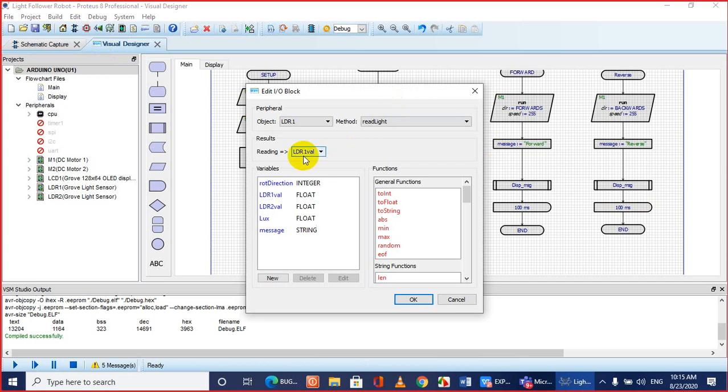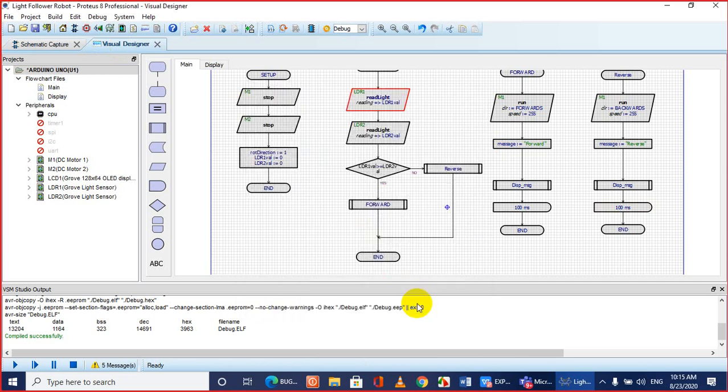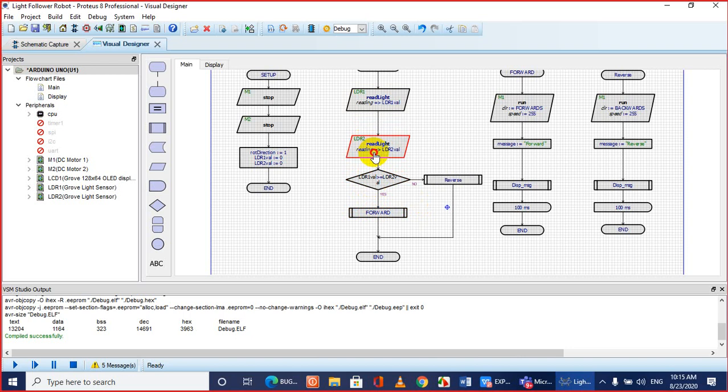So the first LDR value, we are saving the LDR1 value. Okay, to check it, let me introduce some checking parameter. Let me display the LDR value on the screen. So display the message, call the function.